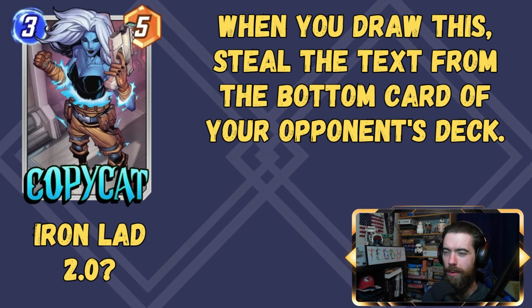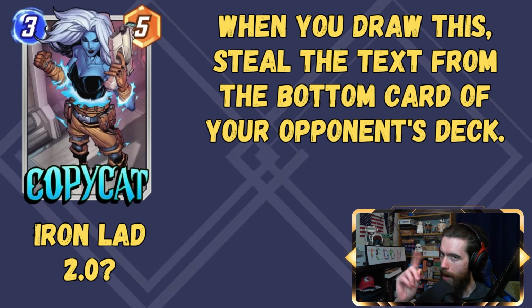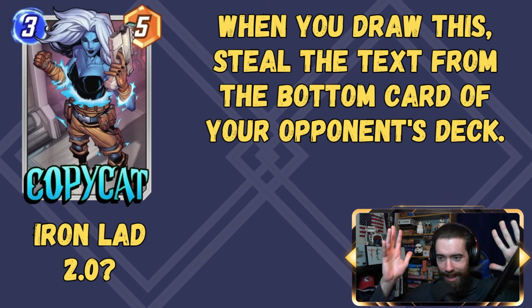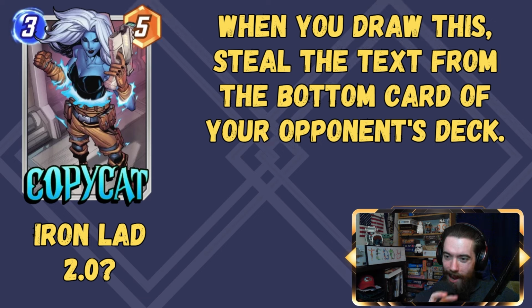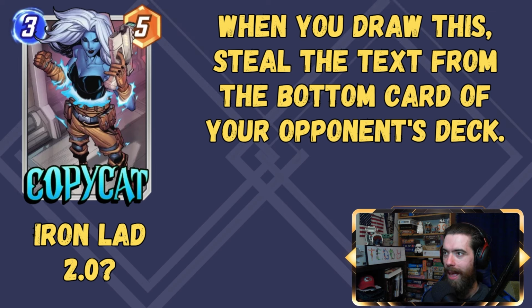And of course also the location manipulation and the moving at will does add a serious level of utility, but Copycat is bringing utility as well. When you draw this, steal the text from the bottom card of your opponent's deck. Okay, beginning. When you draw this, they have not set this off in bold with the colon the way they do on reveal or ongoing, but when you draw, on draw, this is its own ability category,